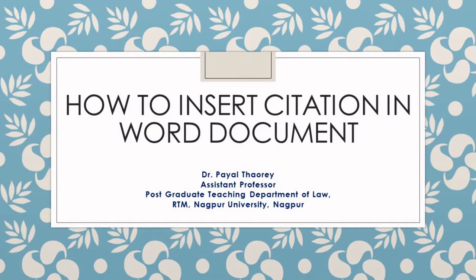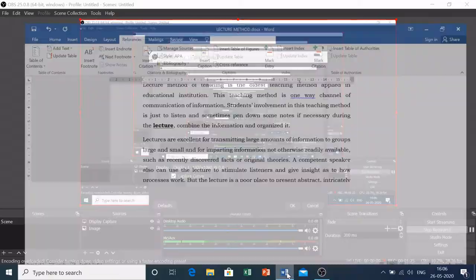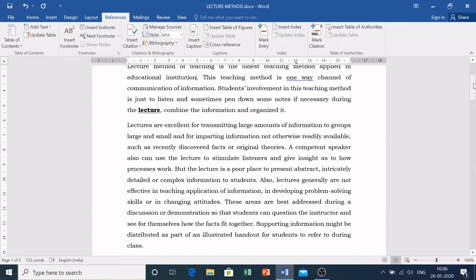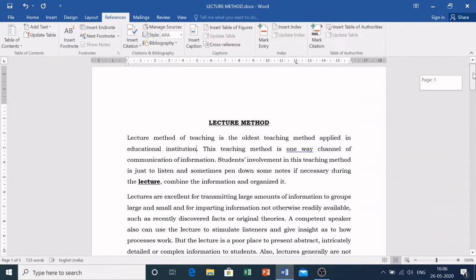So in order to make it more organized, Word 2010 does provide us one feature in the Word document which helps us in organizing these citations in our research report. Now let us see how to insert the citations.